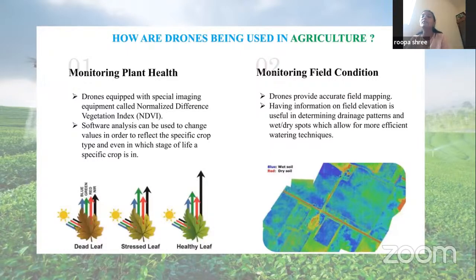And also, if we know the field condition after cropping, it will send a notification to the monitor who is monitoring the drone about the condition of the soil. If it's wet soil, we need to control the water which is going further. And if it tells us it's dry soil, then we need to supply more water for healthy crop production. Further, Meghna is going to explain the